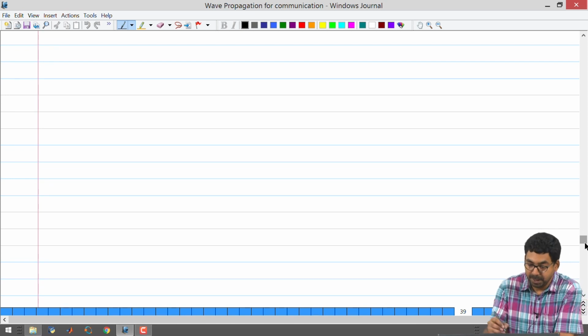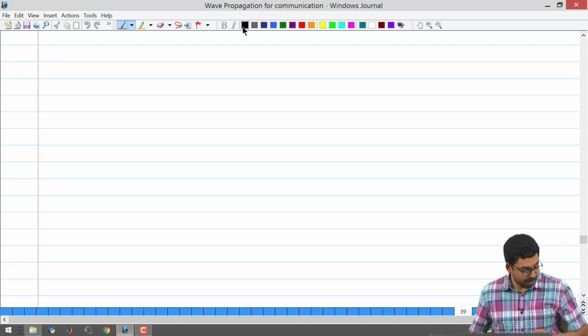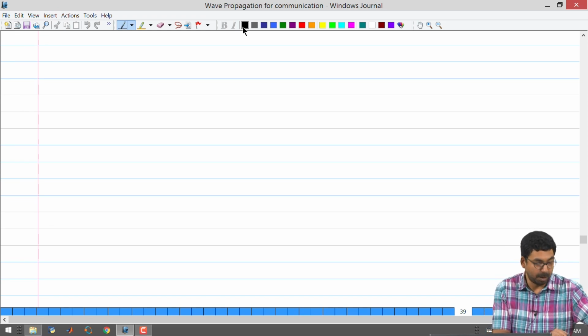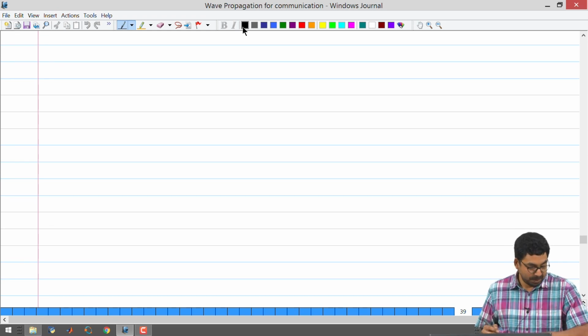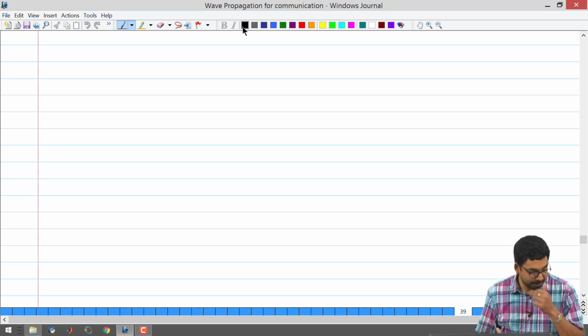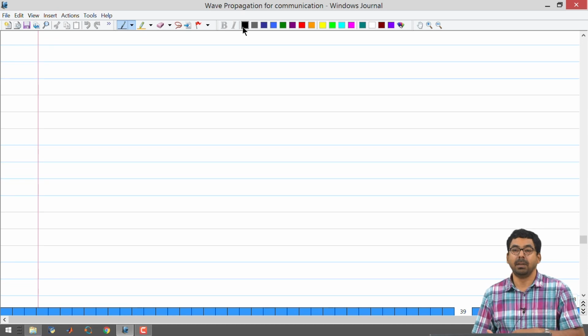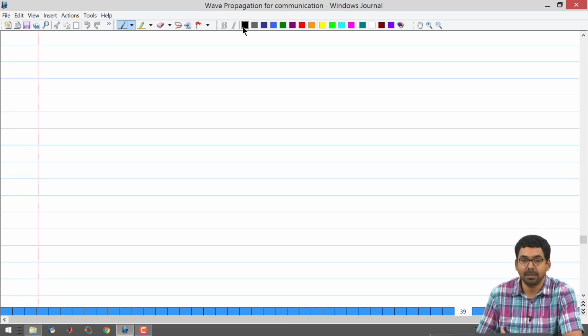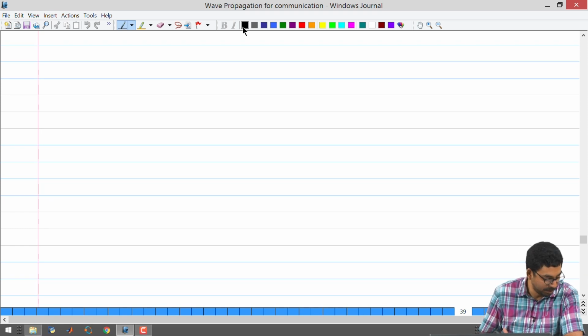I think we'll begin. There are a few more terms that we have to define. After that, we are ready for working out some problems. So, the couple of things that we are going to define very clearly is impedance in the transmission line when excited with AC, and we are also going to define a term that we have not seen before in the DC excitation, which is standing wave ratio or voltage standing wave ratio, the significance of these two terms.